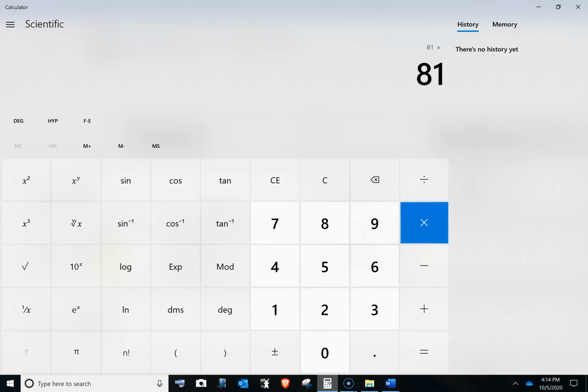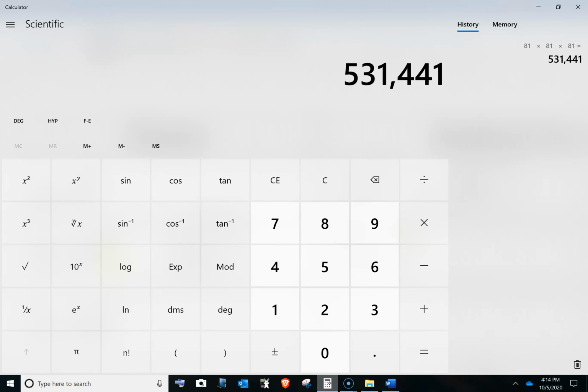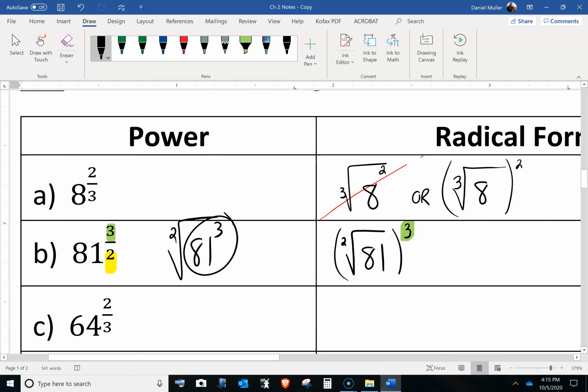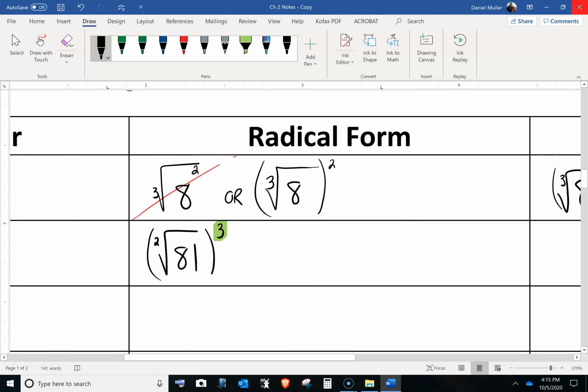81 times 81 times 81. Okay, and then I have to do the square root of 531,441, and think of the giant tree that would be. So that's why I don't do it. I'll just do the square root of 81. Remember, for a square root, the 2 you don't actually need to write, so this is actually just the square root of